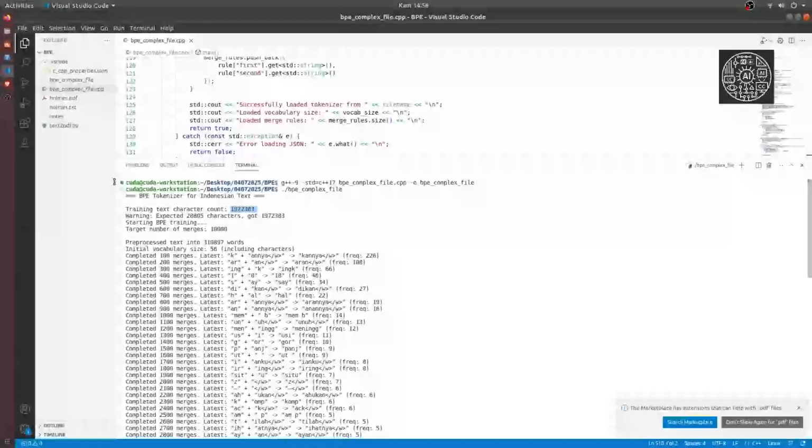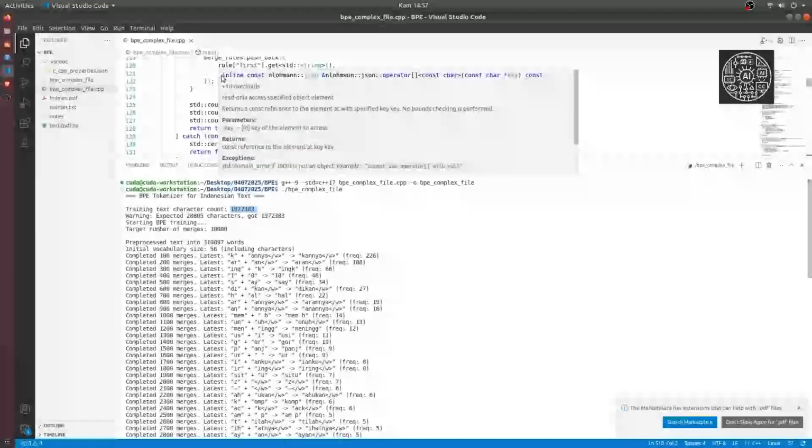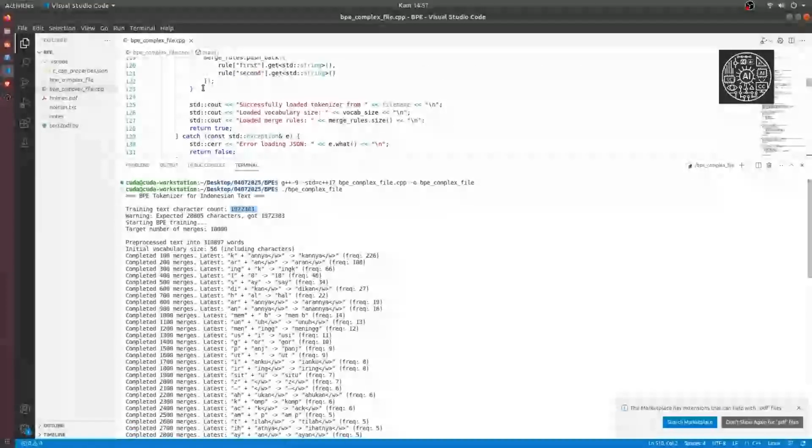Okay, so here I have a data set. It is a novel, a Sherlock Holmes PDF. It is written in Bahasa Indonesia. The main purpose of this byte pair encoding is that later on we will pair it with the positional encoding